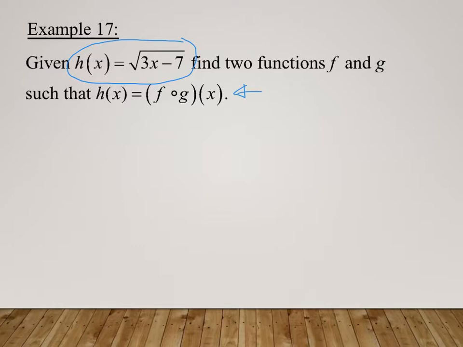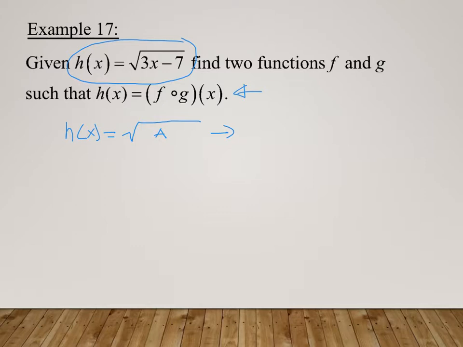So in this case, we have h(x) equal to a square root function plus some other entity inside that. So we've got a function within the function. So now the idea is, okay,